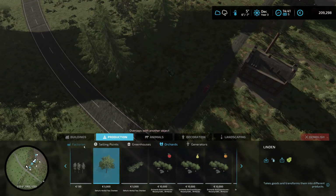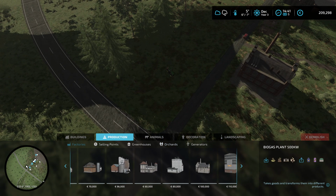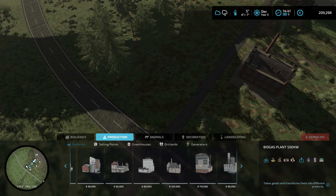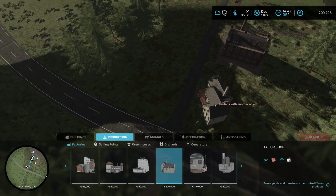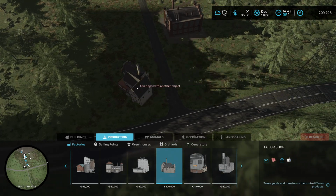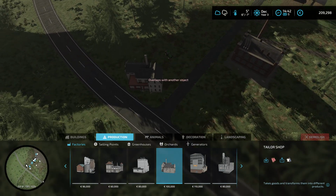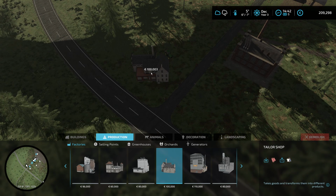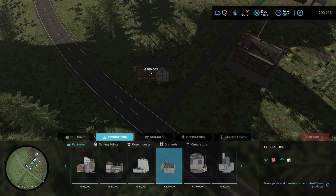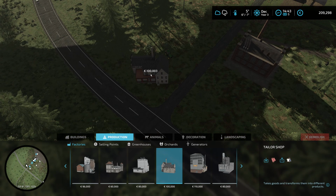That's really what I'm thinking about doing, particularly in this area. I was thinking though on this very corner to place our inevitable tailor shop. I was going to put it here, but I thought it just takes away from the yard space a bit too much. So if we can just place it straight like in the middle, like that, because it looks nice on the corner there. Nice little tailor shop as you turn the corner, and I think that'd be quite good, because then we can deliver